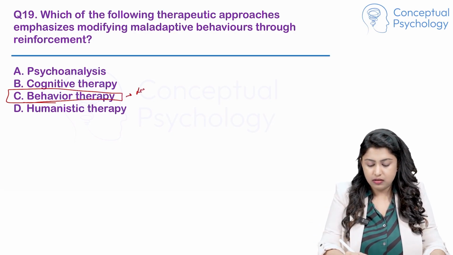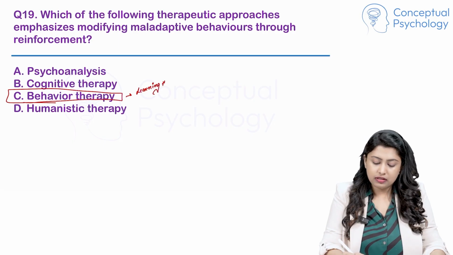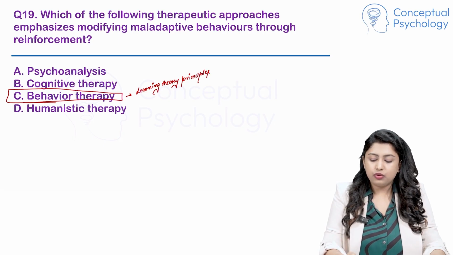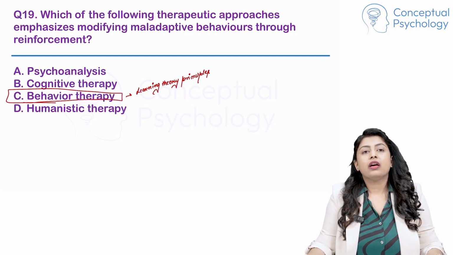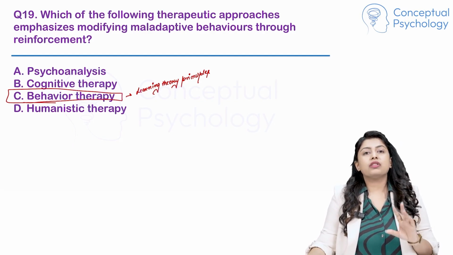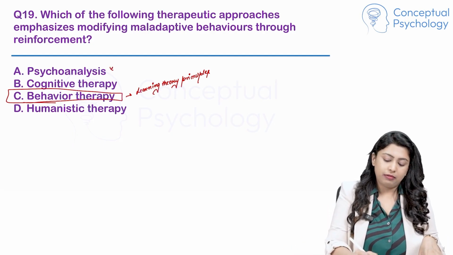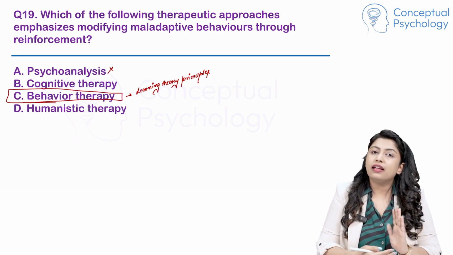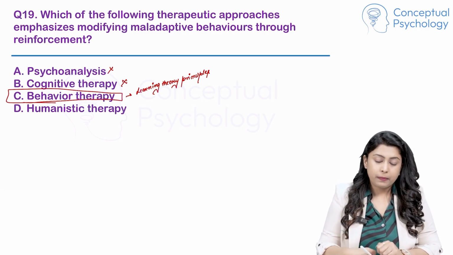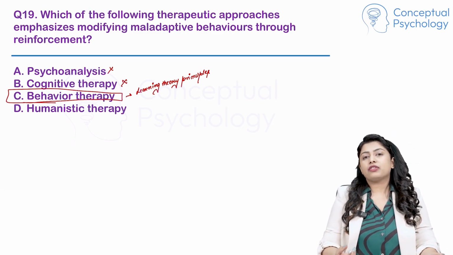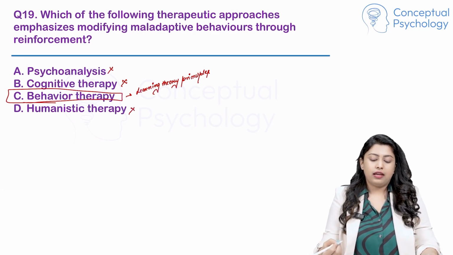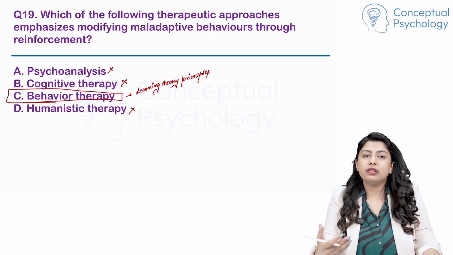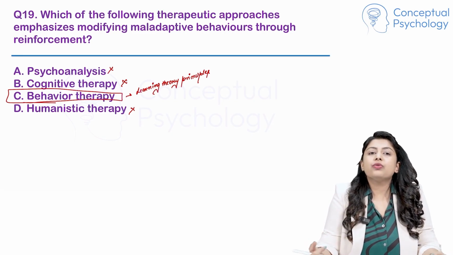So here, learning theory principles are used to change the maladaptive behaviors. Okay, psychoanalysis on the other hand focuses on the unconscious conflicts and insight development. Cognitive therapy primarily focuses on changing the thought patterns rather than direct behavior reinforcements. Humanistic therapy focuses on self-actualization and personal growth. Hence, C is the correct answer because behavior therapy directly applies learning principles, especially the reinforcement strategies to systematically modify